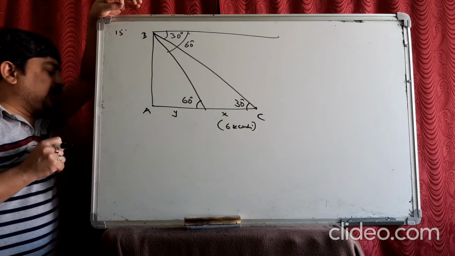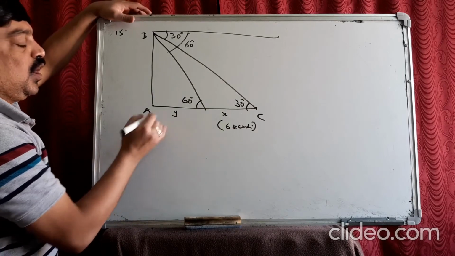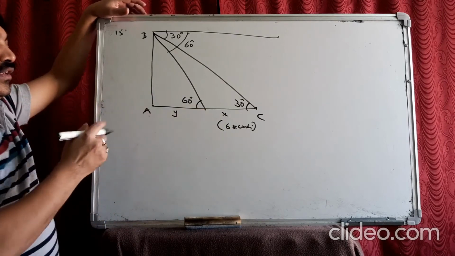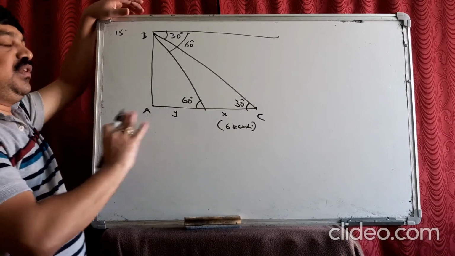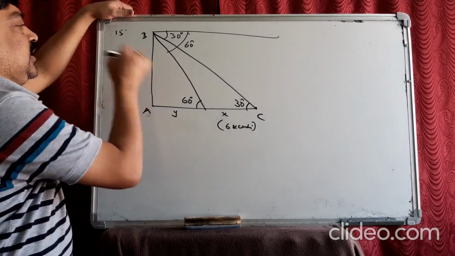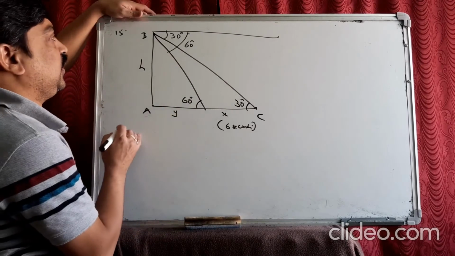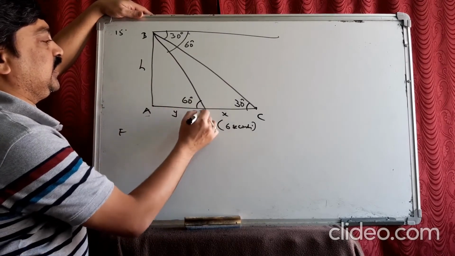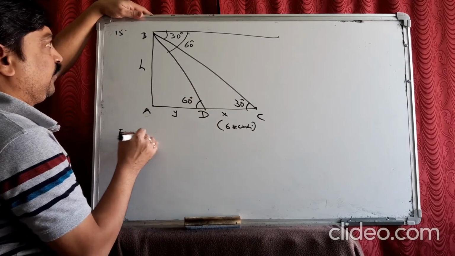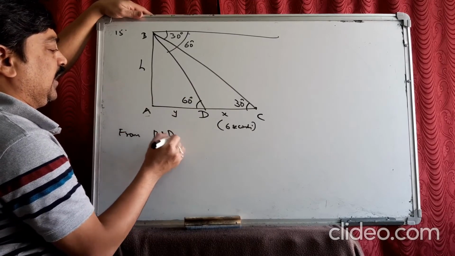Find the time taken by the car to reach the foot of the tower. How much time does it take to reach A? Okay, first we will find out x and y. Let us take this as h. Then we go with the time. Now see, from the first triangle BAD,